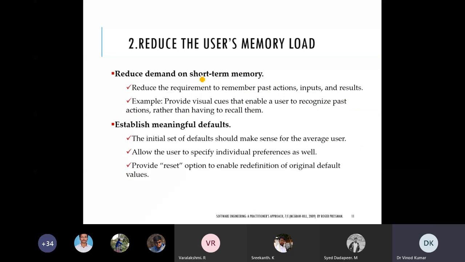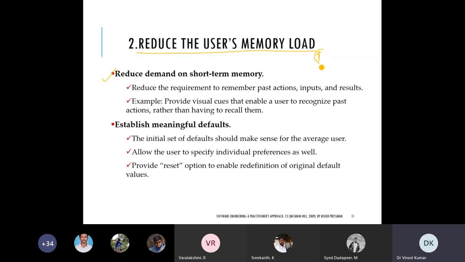Next one is to reduce the user's memory load. In this section we try not to put the burden on the user to memorize many things to use some particular system. With little or few things to remember, or if you are familiar with the system, you can easily use it.